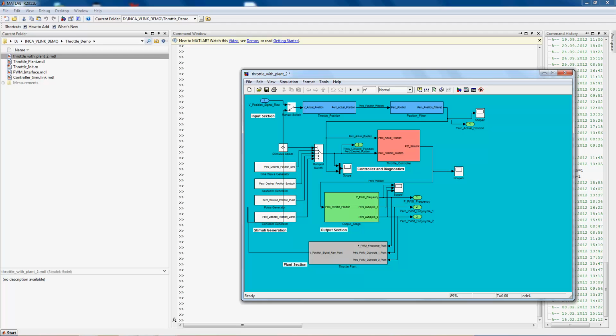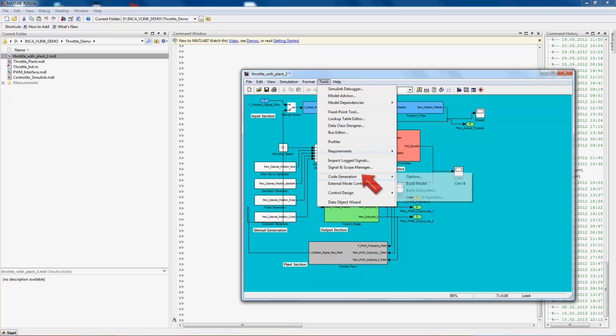There are various other blocks available, for instance to add measurement data files and route measurement signals to specific model ports, or other blocks that help to set up Inca experiments. However, these blocks are optional and don't have to be applied.